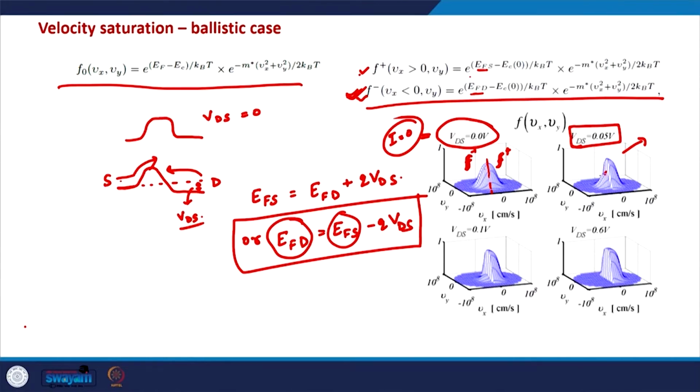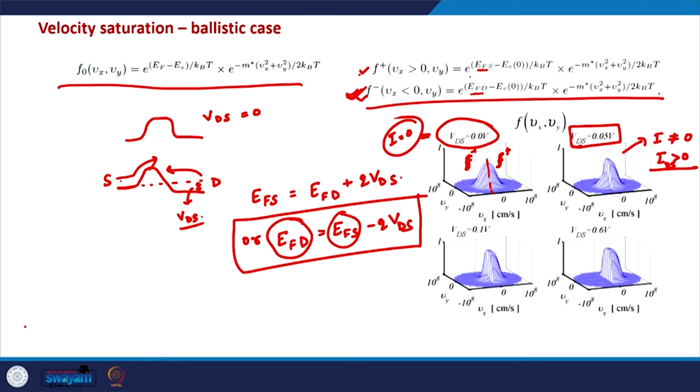Here you can see that in the negative half we see a smaller value, and in the positive half we see a larger value. So which means that now there is a net velocity in the system and there is a net current in the device. So this corresponds to a net current. Now the current IDS is greater than 0, and as this VDS is increased, in that case